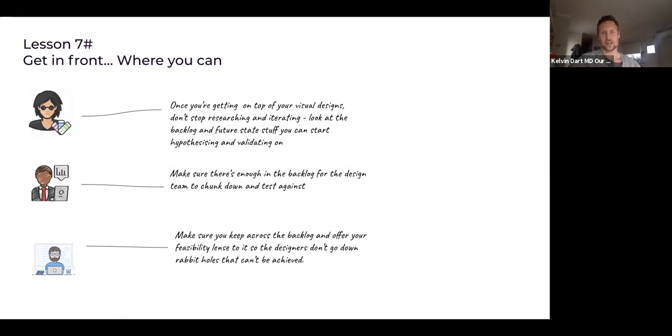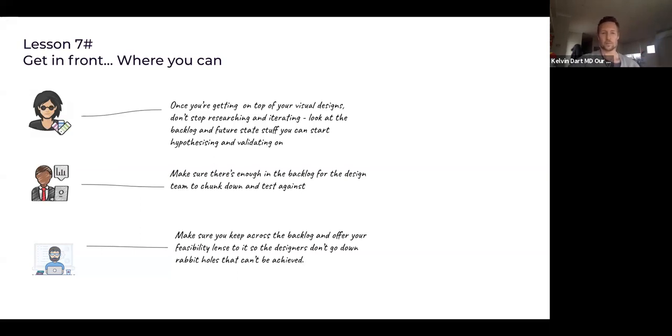But then you're going to find that we can't just execute those things on day one. So why not use the time once you get in front? Because there will be a period of time when you are on top, when you can start saying, why aren't things getting delivered? When you're not the whipping boy, so to speak, in the project, you're going to have some freedom to look at what the next phase is. And what you want to do is start generating that pipe collectively with the product owner to look at what's the next round of hypothesis or problem definition statements that we need to go and validate.